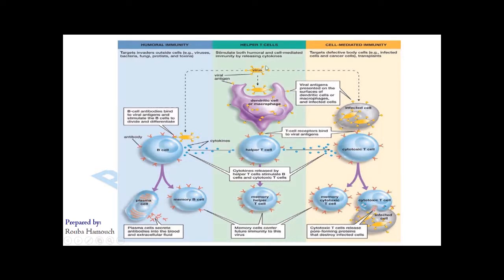In the second case, the virus can infect a host cell or a self cell. It multiplies within the self cell, and the viral antigens or viral peptides are presented on the surface of the infected cell in MHC class I molecules. In this case, a cytotoxic T lymphocyte can directly bind to the infected cell via its TCR and thus proliferates and differentiates into memory cells and into cytotoxic T lymphocytes that release molecules or proteins that can destroy or lyse